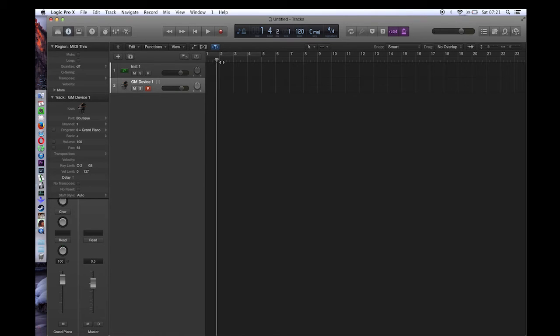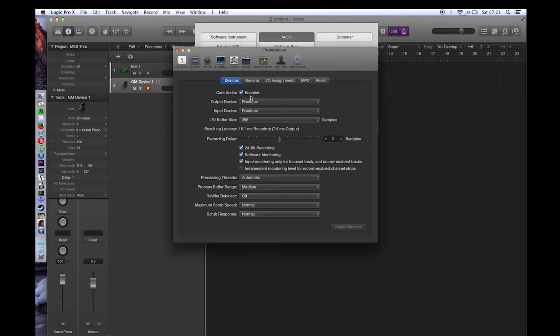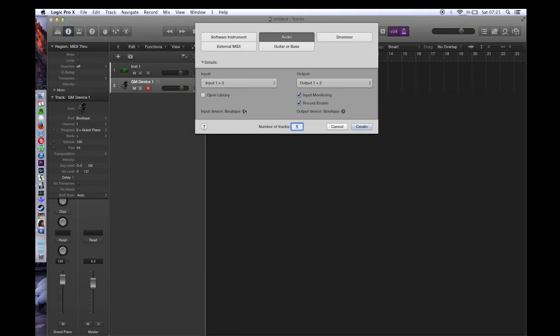I'm going to show something else now. If I click on this and select Audio and make sure Input is Input 1 and 2, and you'll notice Input Device here says Boutique. So if I click that, it takes me up to this screen. So that's how you make sure that your Boutique will be picked up as audio. Again, Output Device, that just means it will play through the Boutique speakers. Click Create,